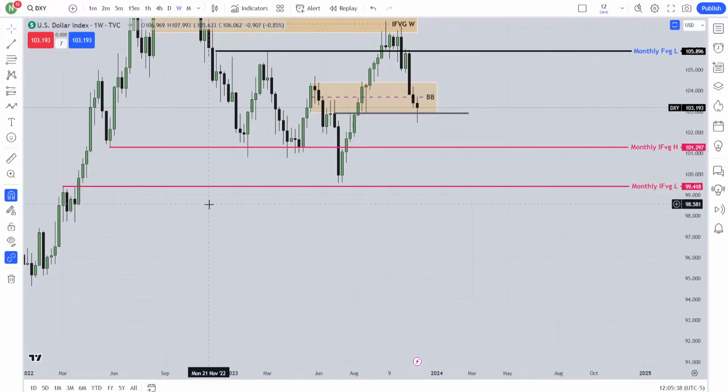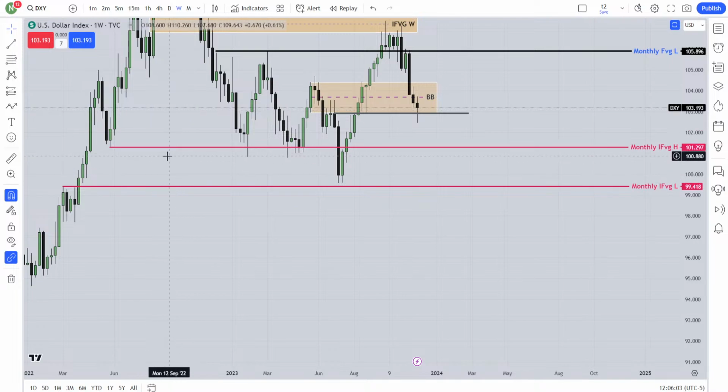Obviously I can give you the higher time frame fair value gap, order block, breaker block, anything, when you are in the lower time frame. And if I am giving you the fair value gap or anything from a higher time frame, that is more obvious. Okay, so price will remember this fair value gap even when you are in the 1 minute chart, because this is from a higher time frame.